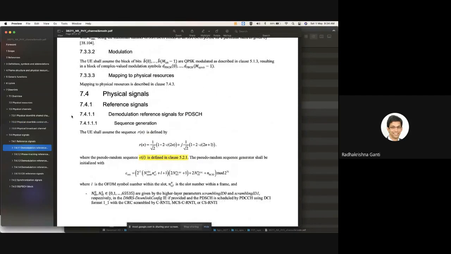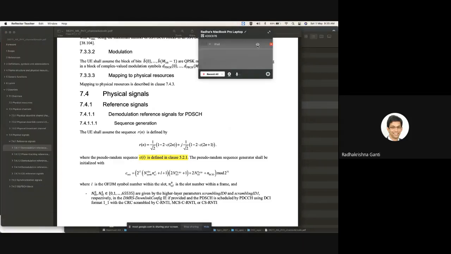Remember, PDSCH is the main data channel for the downlink. One thing that you should remember, which is specific to 5G NR, is the DMRS reference signal. The DMRS for PDSCH will be there only in the resource blocks that are allocated to the PDSCH. What I mean by that is,